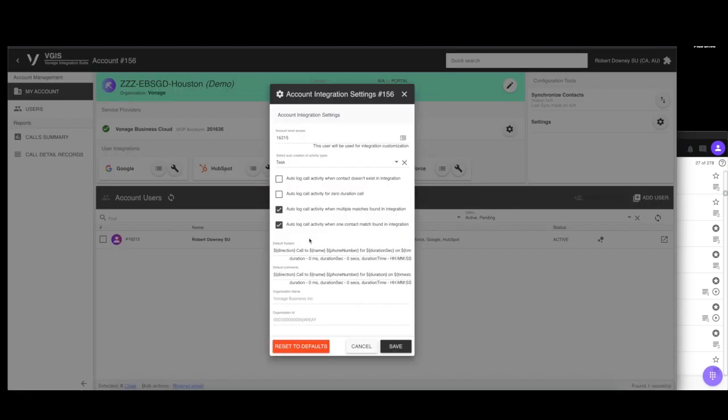This will allow you to go in and set layer 1, which is whether you want to auto log activity when the contact doesn't exist, whether there's a 0 duration call that you want to log, multiple matches found, or auto log activity, and it also shows you the default order of how it creates that record as far as naming convention. You can move these around to change the order if you want to. Click Save when done.